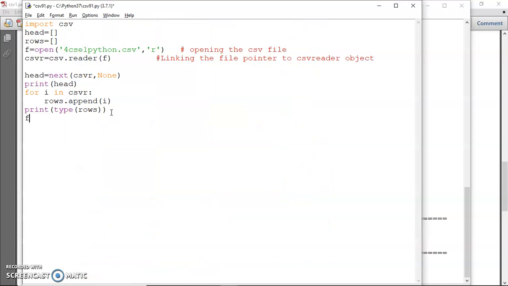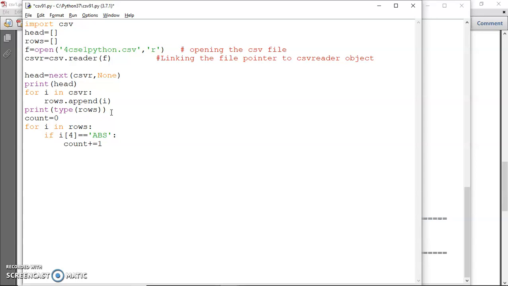I'll write for I in rows, and then check if I4 is equal to absent, and I can initialize a count variable here and increment the count here.